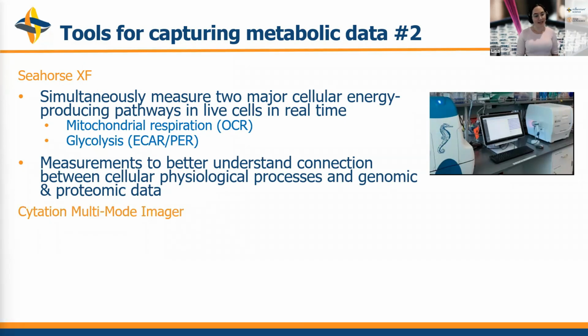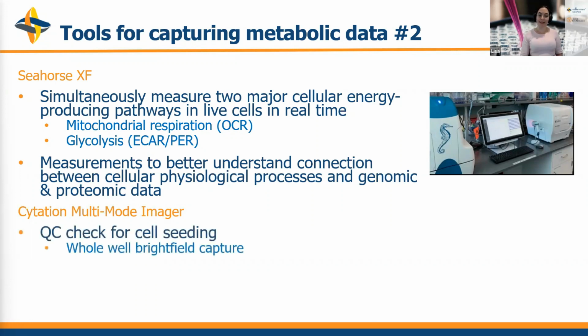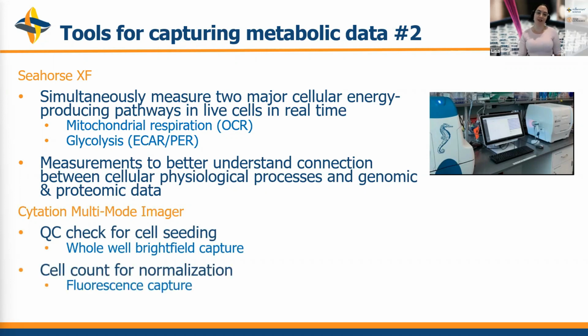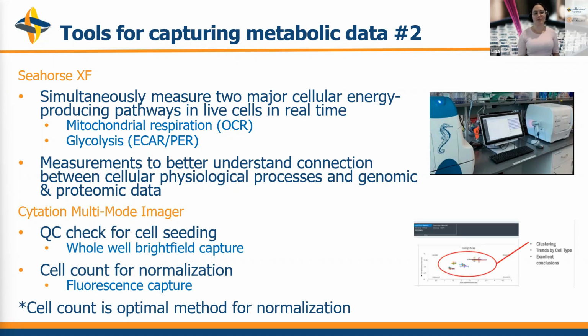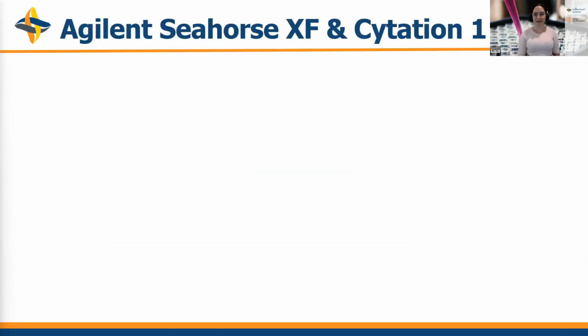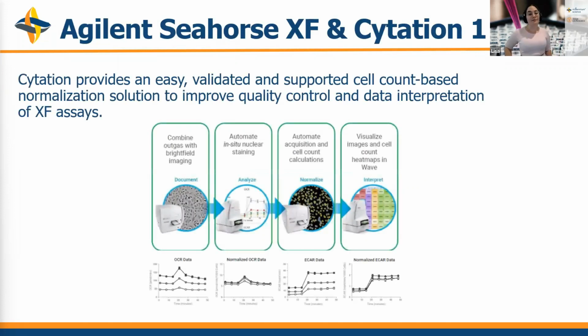The Seahorse can be conjugated to the Citation 1 multi-mode plate reader and imager, and this serves as a QC check for your cell seeding, as well as you can use a cell count for normalization. Again, just reiterating the point I made earlier, cell count is the optimal method for normalizing your data. So you can see here from this image, the Citation really does provide a very easy and validated cell count-based normalization to improve your data quality and